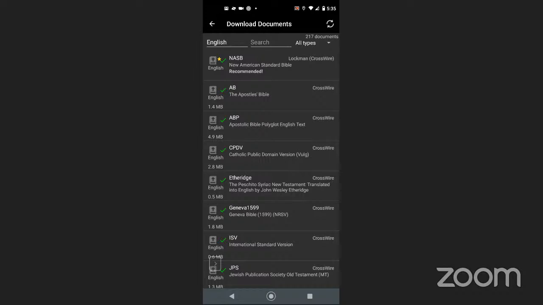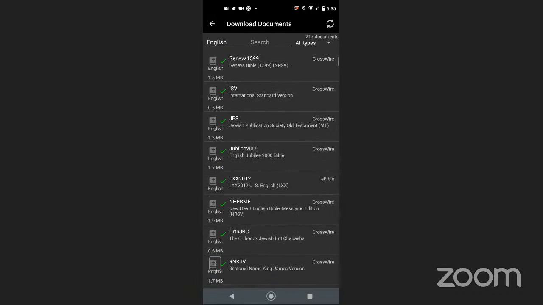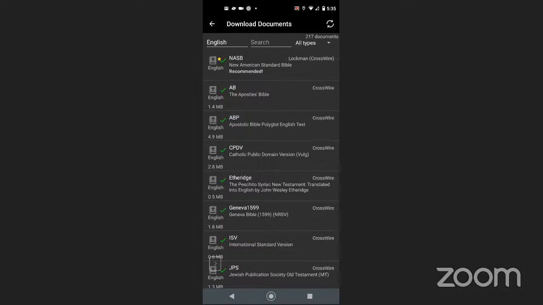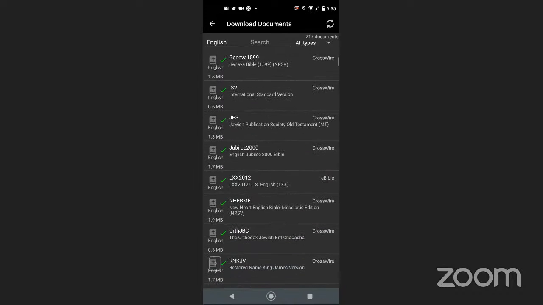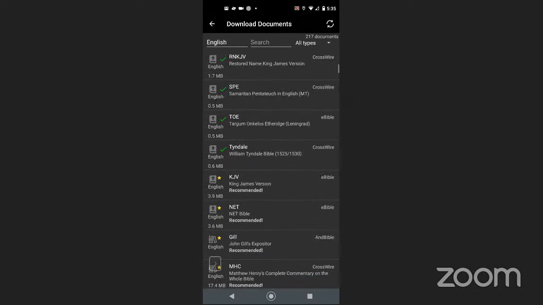And again, another version of the Septuagint, you have the Polyglot. There's multiple text families of the Septuagint Old Testament, so I like to test different ones against one another. And if you're looking for a modern Bible that's pretty decent, New American Standard, ISV is pretty good, Jubilee 2000,